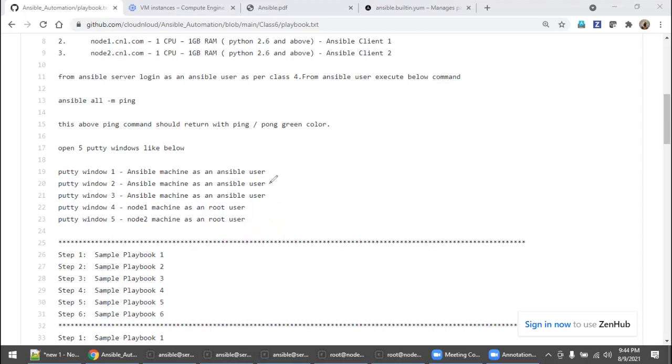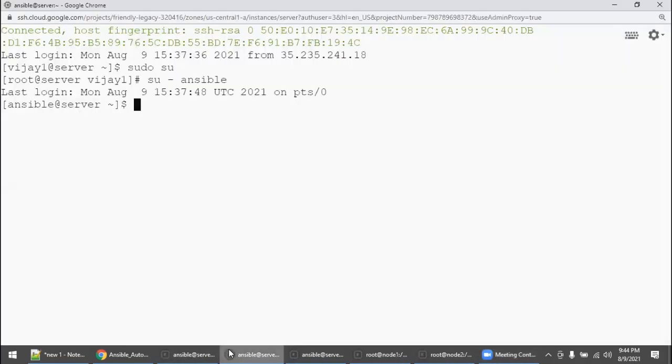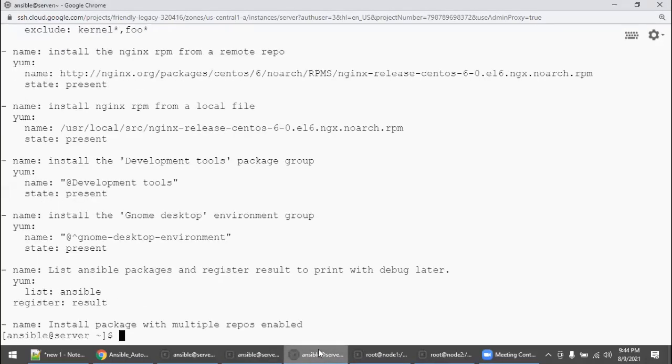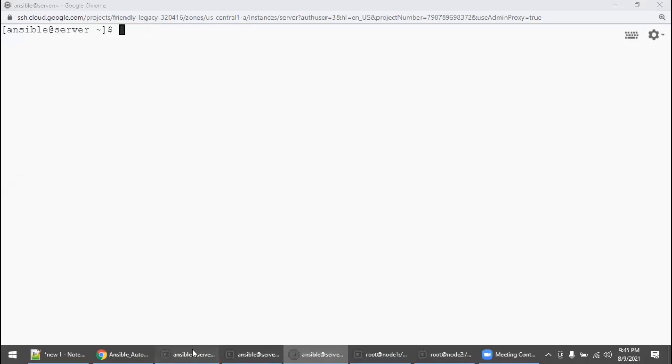Let's go inside. First I will show you how my lab looks. I have the first 3 windows logged in as the Ansible user on the Ansible machine.